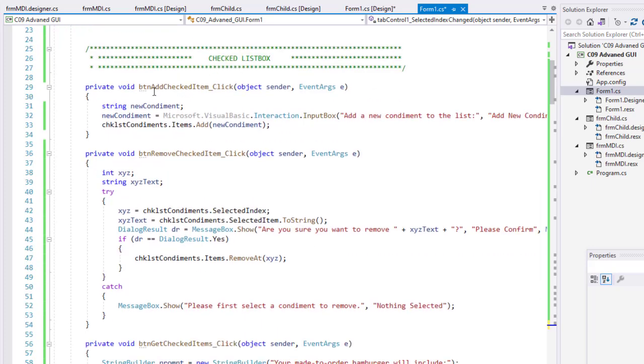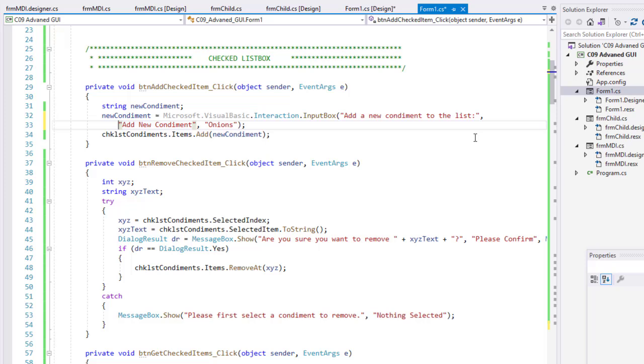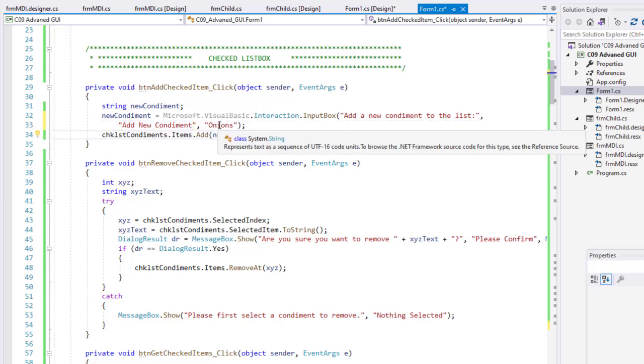And then here's our checklist box. Here's the btnAddCheckedItem. So we're going to simply create a string of newCondiment. We're going to use the InputBox from Visual Basic to get that item, and we're just going to simply add it to the checklist. Just so you can see all the code here, I put onions as the default. To remove an item,